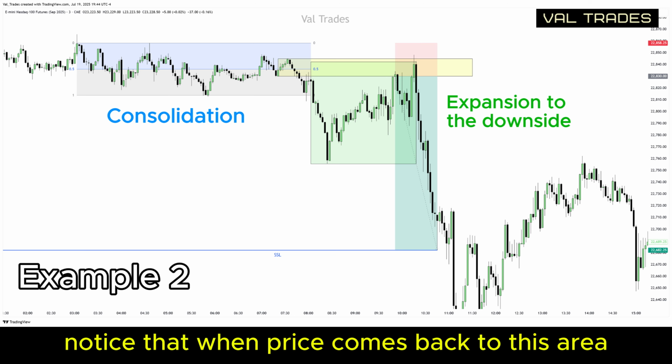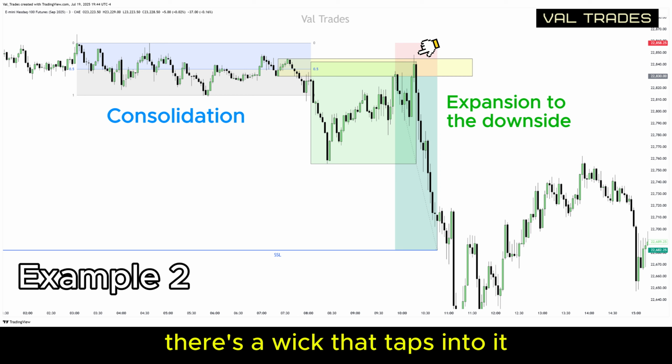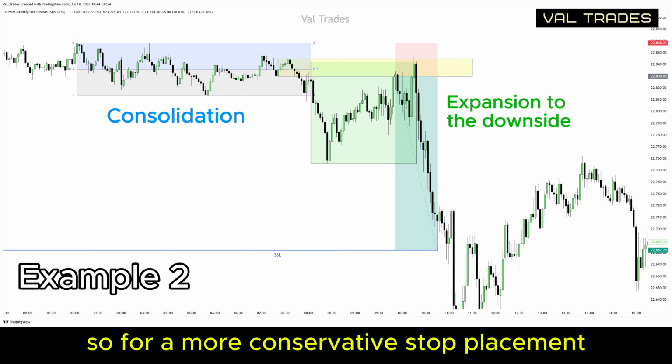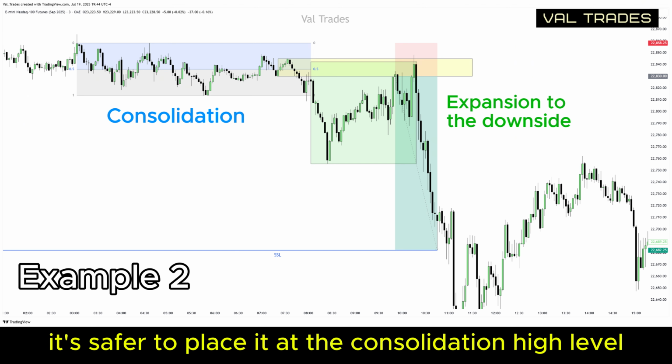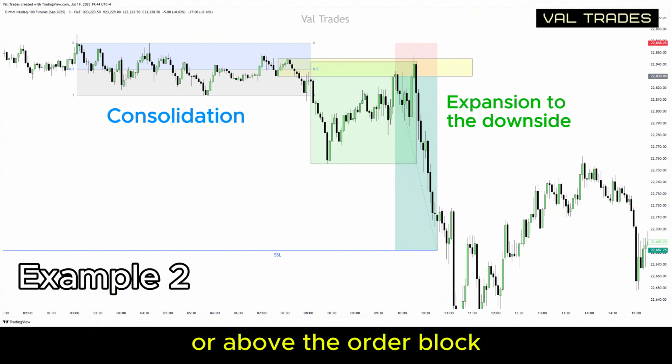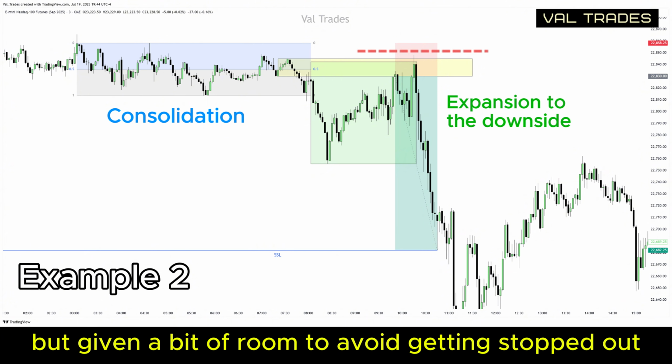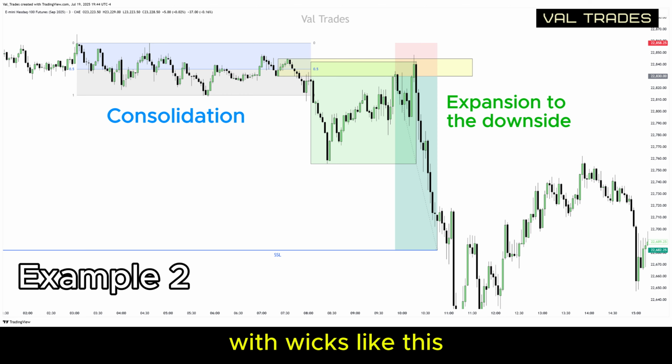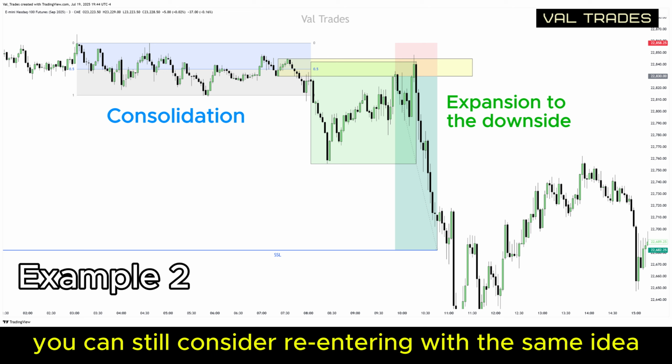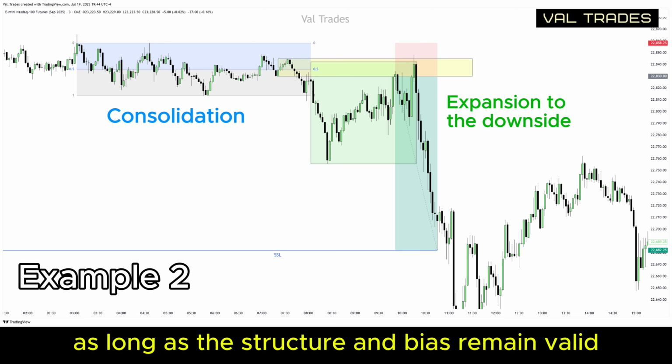Notice that when price comes back to this area, there's a wick that taps into it. So for a more conservative stop placement, it's safer to place it at the consolidation high level or above the order block, but giving a bit of room to avoid getting stopped out with wicks like this. In case you get stopped out, you can still consider re-entering with the same idea, as long as the structure